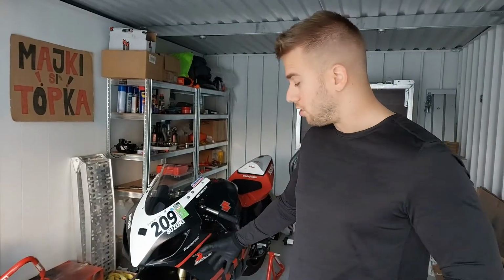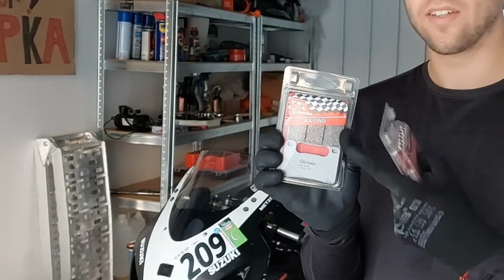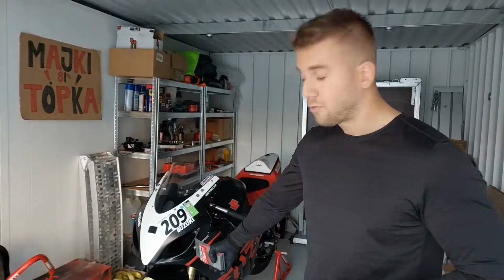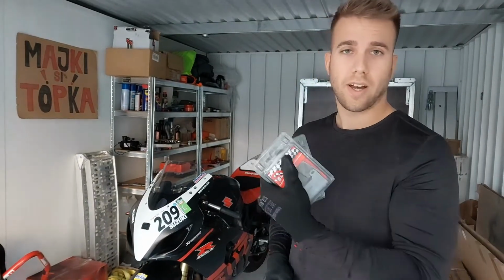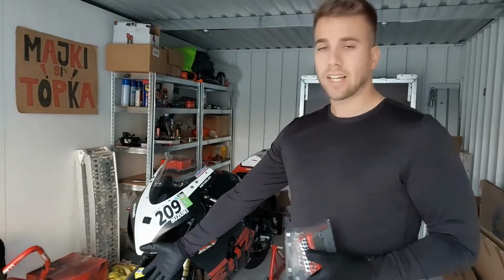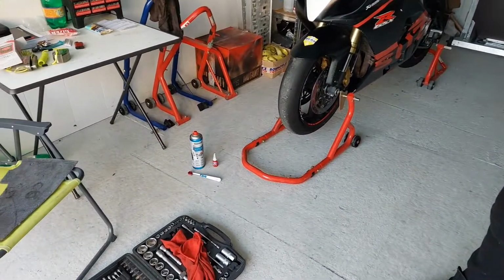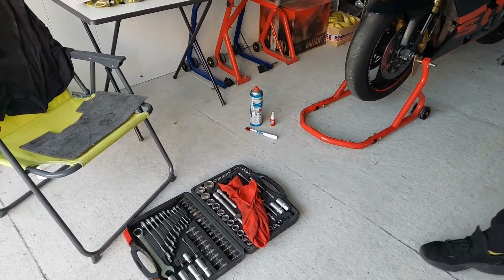So we're gonna work on the front brake pads on the GSXR 600. We actually have Brembo new racing brake pads available, so we're gonna install these on the front calipers. For this, we're gonna need new brake pads for sure, then some brake cleaner, some brush to clean up the pistons, and some usual tools which you have in the